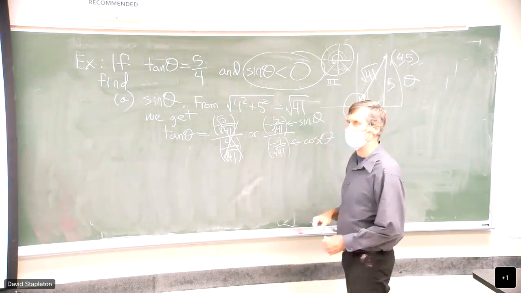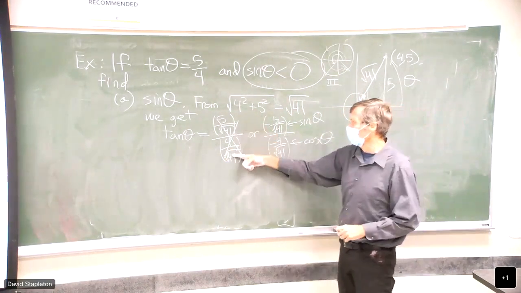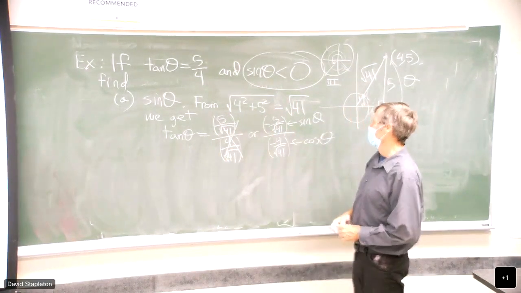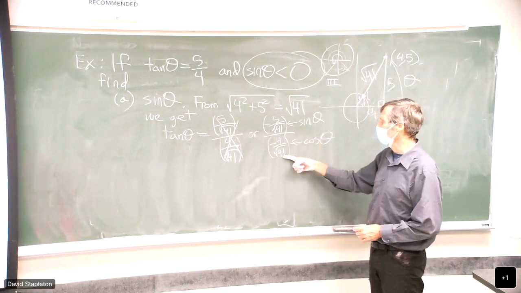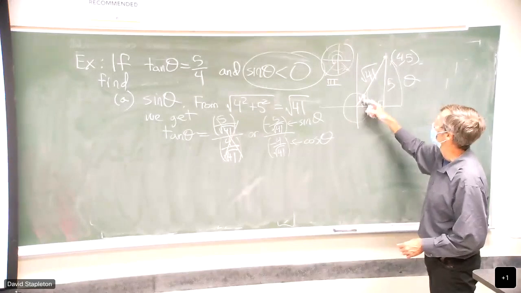Here's what you do when you're given tangent or cotangent. That's the hard case. Divide top and bottom by the root sum square and consider both cases, plus and minus. And whichever one it comes out to be, the top one's now the sine and the bottom one's now the cosine because it's the same triangle scaled with the sides by square root of 41, so it's on the unit